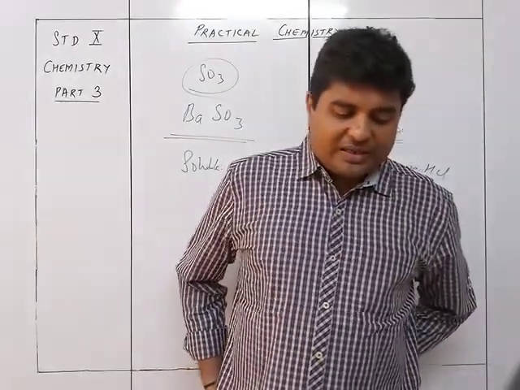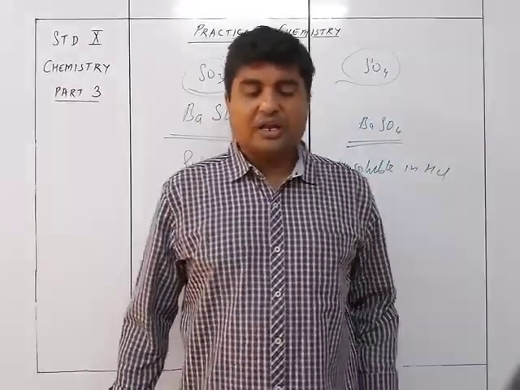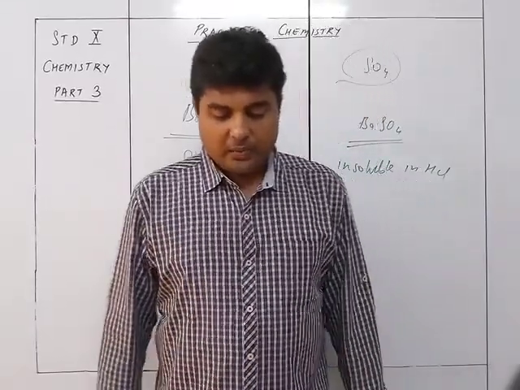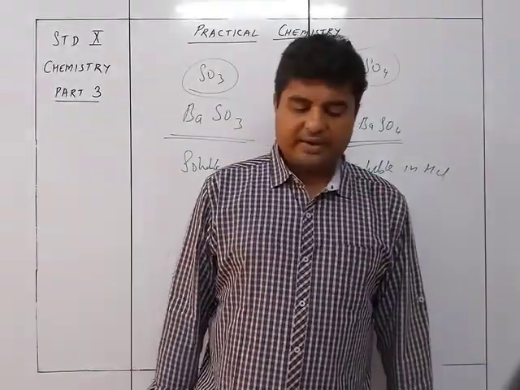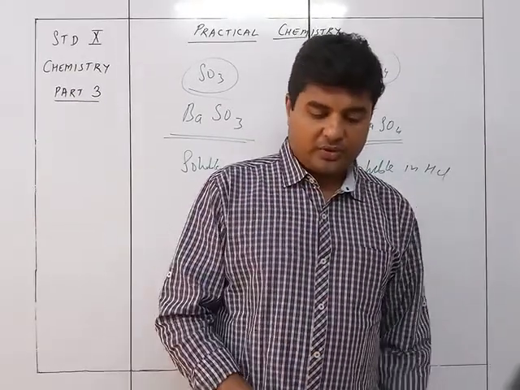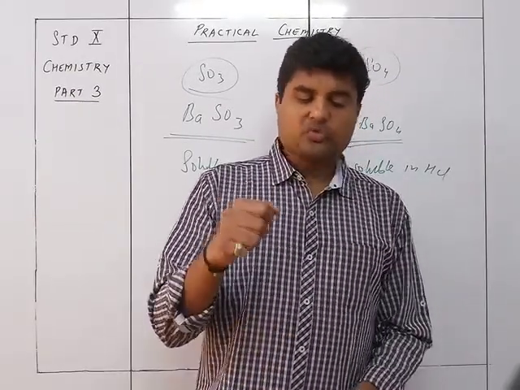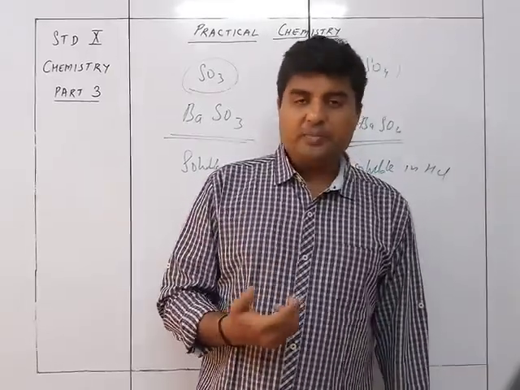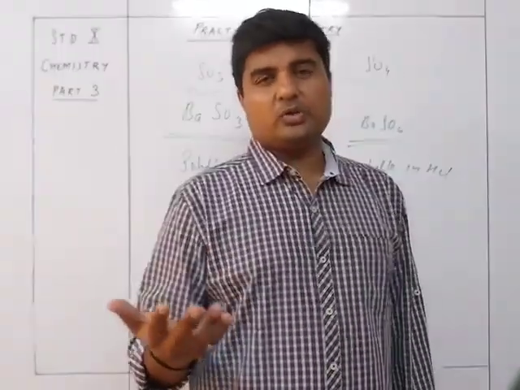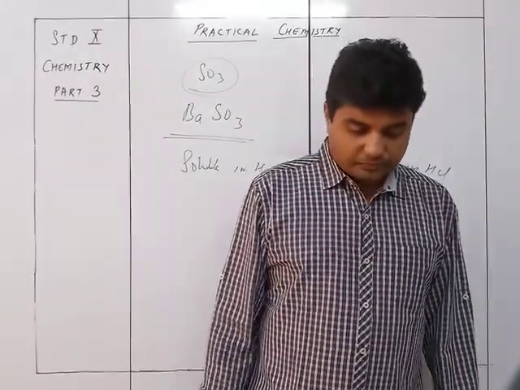Now, if you filter the solution, the filtrate is bluish in color in the case of copper oxide, whereas the filtrate is brownish in color in the case of manganese dioxide. So after your reaction with HCl, if I filter it, the CuCl2 filtrate will be bluish in color, whereas the MnCl2 will be brownish in color.